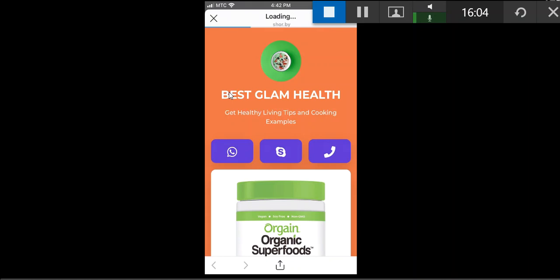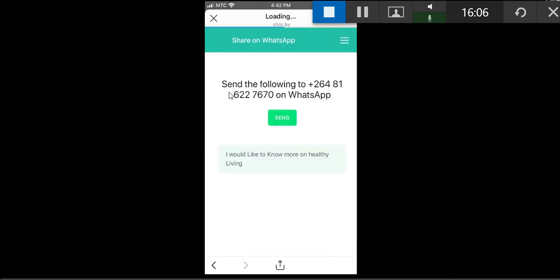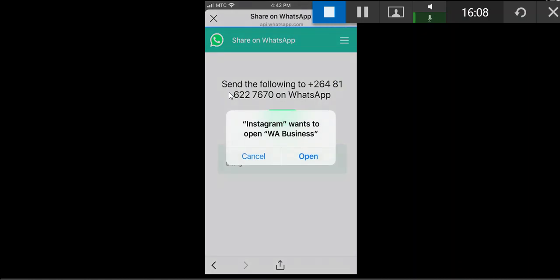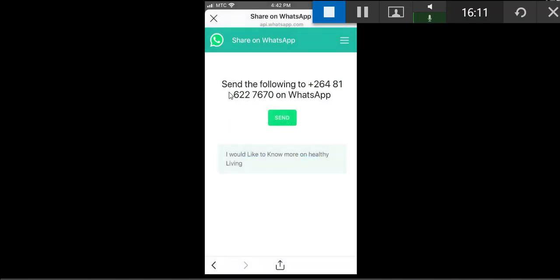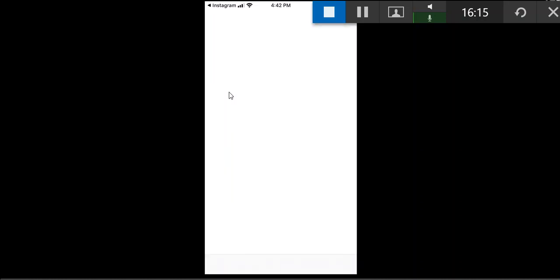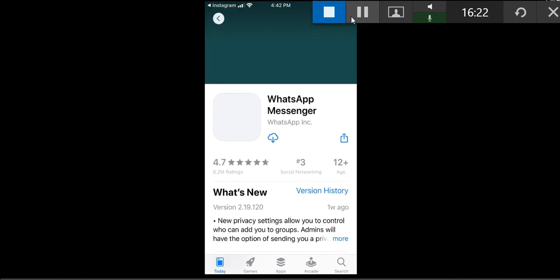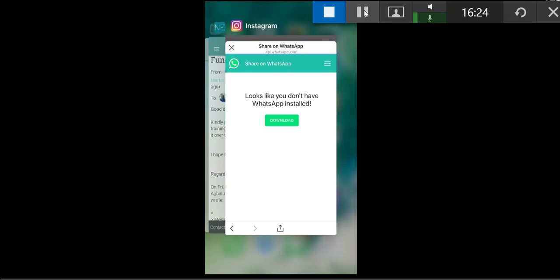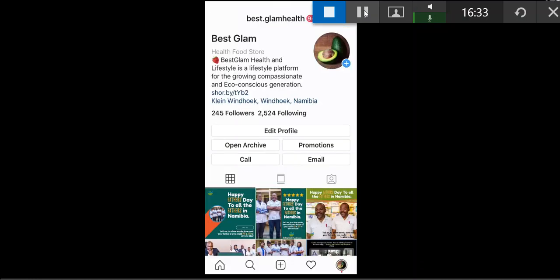So let's try phone call. Okay, that is it. That's the messenger. Okay, that's great. So that's it. And I'm going to click send. It's still going to open the business as well. It's because I was using my own WhatsApp number. So I think you can actually send to the same number as your WhatsApp. Okay, let me go back and click the link for the phone call so that you can see how it